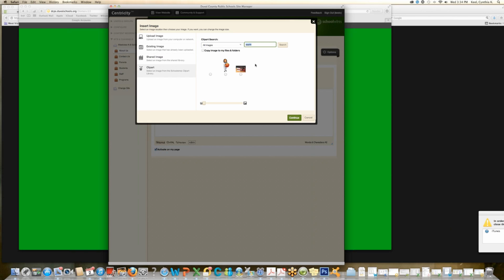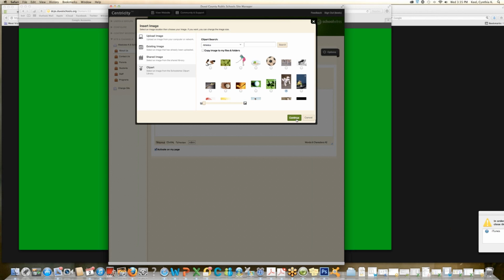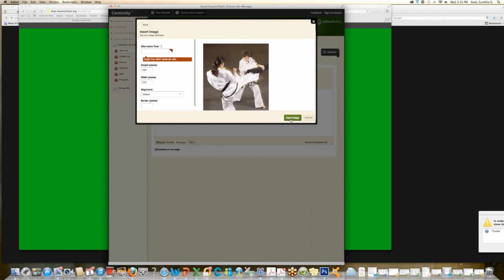Okay, let's do a clip art of the ones that they have. So again, they have clip arts here too, and you can search. They have a library of clip arts that you can select from. So for instance, athletics, you would find all these athletic clip arts. So just in case you don't have your own picture. So I'm just going to select one. Let's just select that one. Insert image. Oh, it's telling you that you need to add a text. So just test. And again, you can arrange the size of your picture here, or you could just resize it